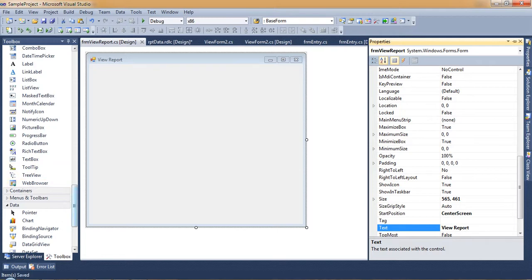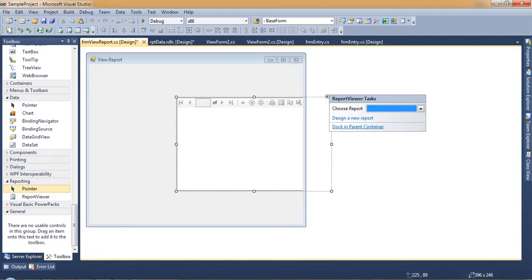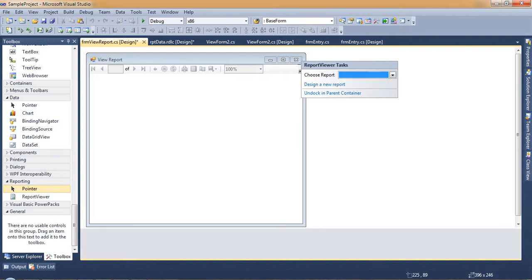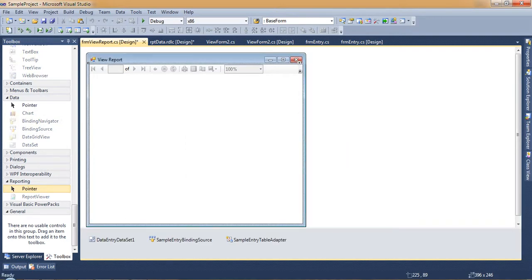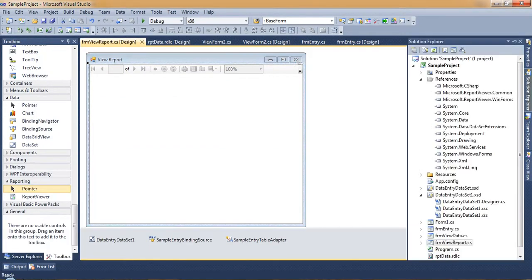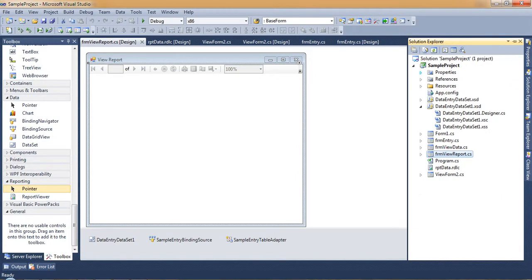Now from the reporting section, select report viewer, dock in parent, select the report, choose data source, which is already there, so you do not need to choose, just rebind it. So we have created the report also, it's very simple, you only need to know the SQL query.